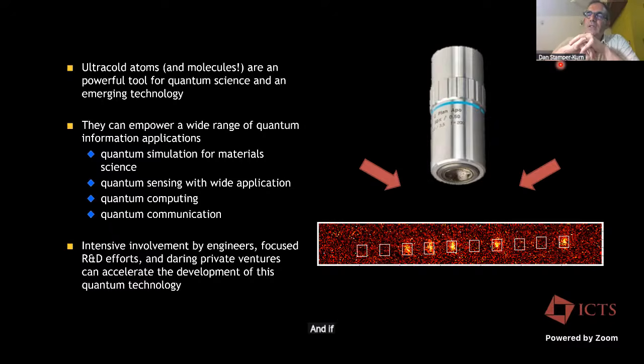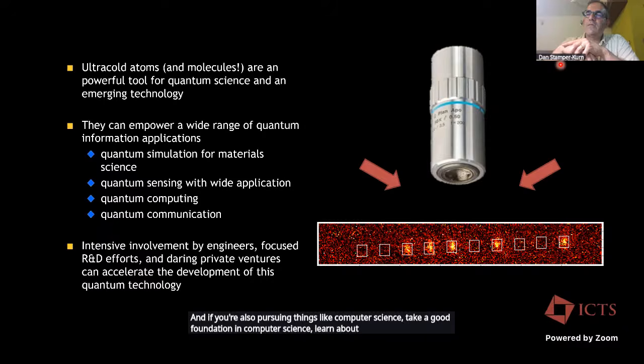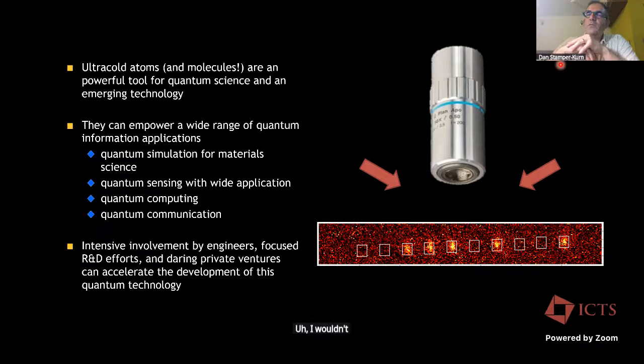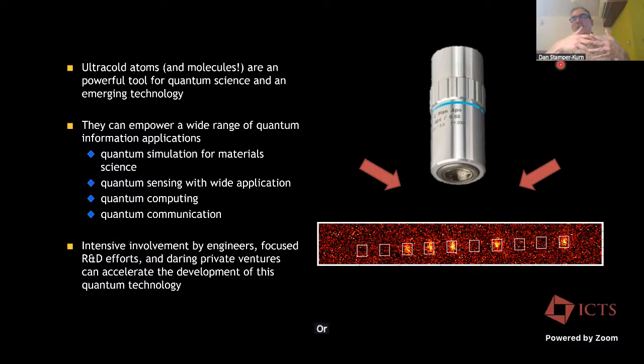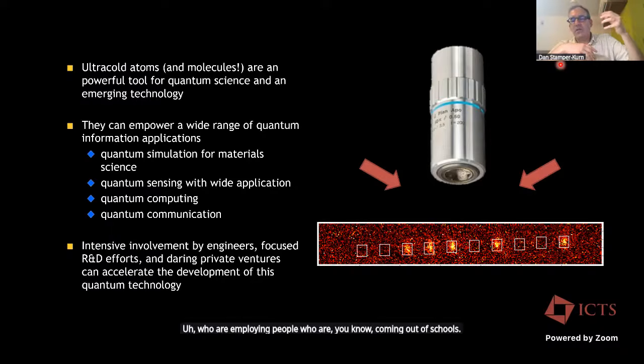And if you're also pursuing things like computer science, take a good foundation in computer science, learn about algorithms. I wouldn't worry at this point too much about taking coursework specifically in quantum computation or quantum information. And I say that because if I talk to the people that are going to hire you next, or people you might work with to pursue a graduate degree, or people in the quantum industry who are employing people coming out of schools, what they largely